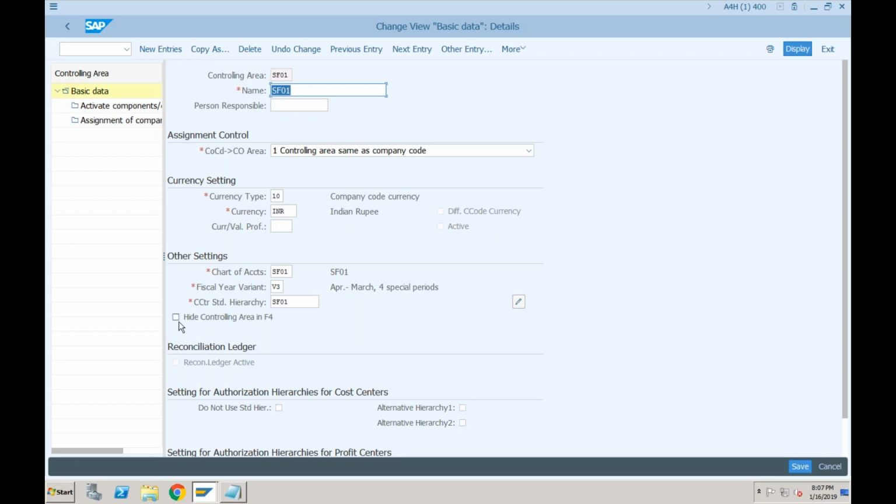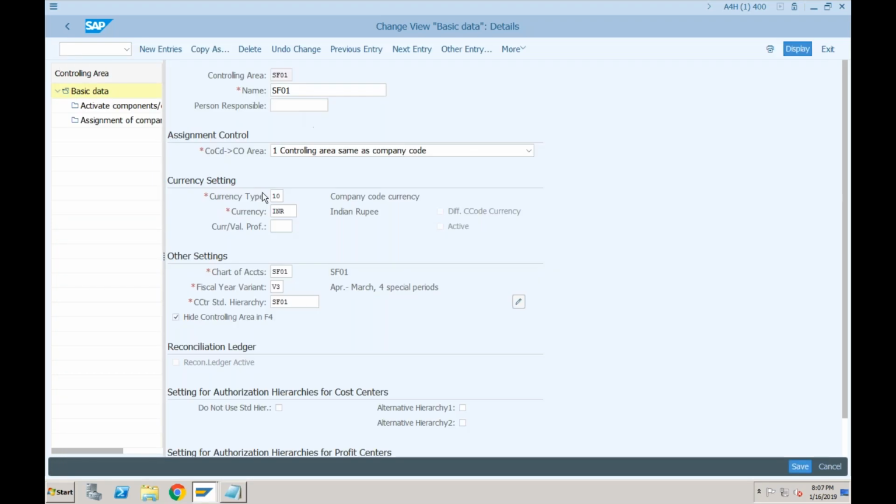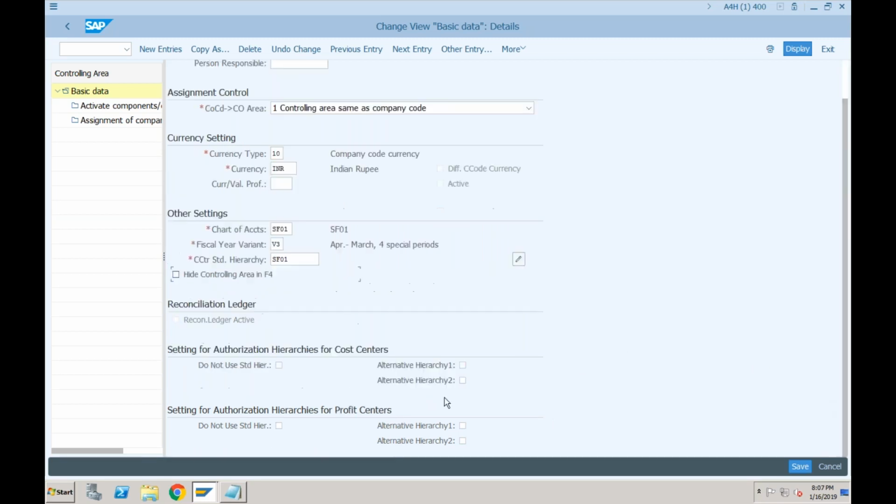Okay, maybe if you ask, let's see. This is if I go for F1. So what it is saying is no, it is not giving you any information. So it is just for hiding when you do the F4, which means when you do the list of values, whether you want to show this value or not. But I'll show you during the transactions. You may find, when you go through the screens, there are some places where you may find new fields or some of the fields are not available. But I'm just focusing on the important fields which were not available earlier and which have a huge difference in SAP S/4HANA.